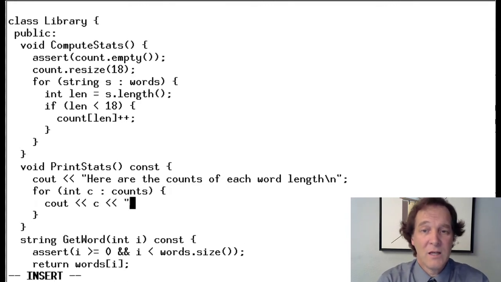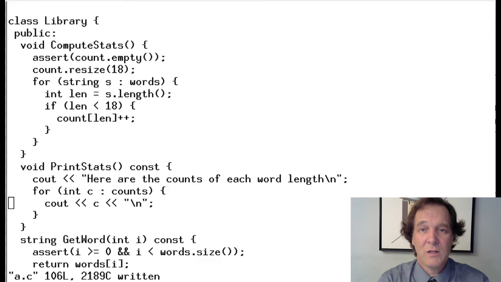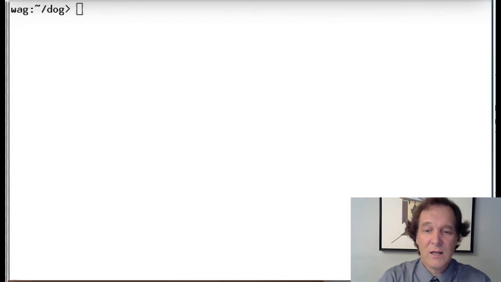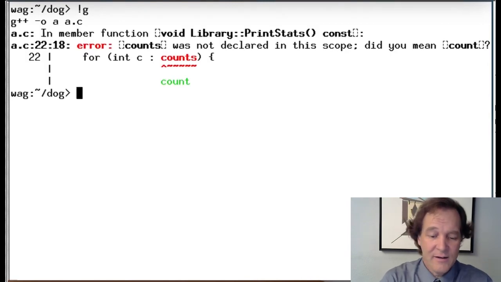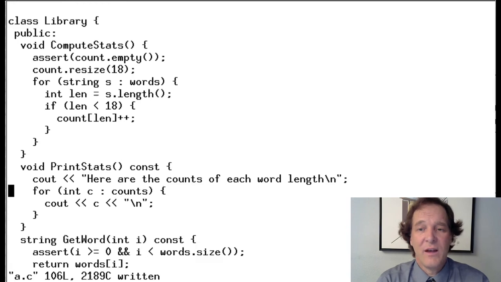So I think we might be done. Let's see if this will compile. Here's the print stats. The call is pretty simple. We just compute it, and then we print it. And here's the compute and the print. So let's go down to the window and see if we indeed got this right. Let's compile it. Oh, okay, so let's go back and fix that error. So I used the wrong